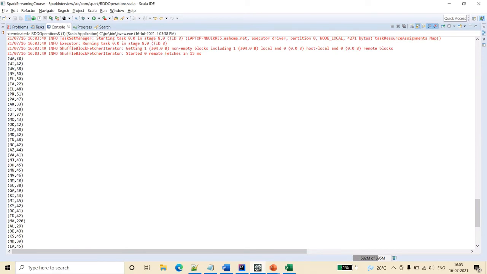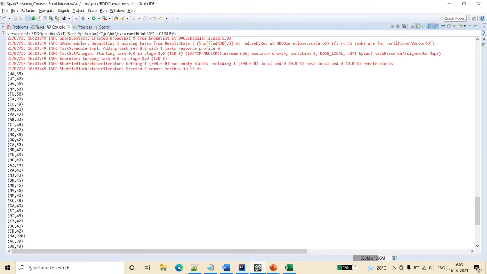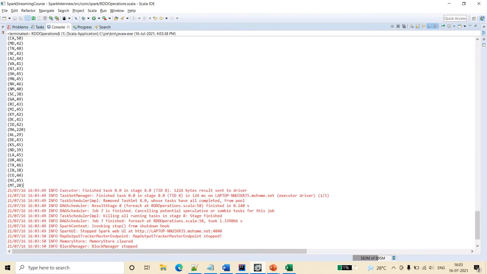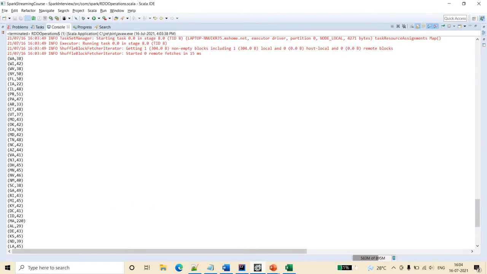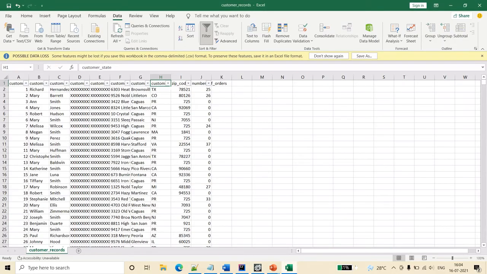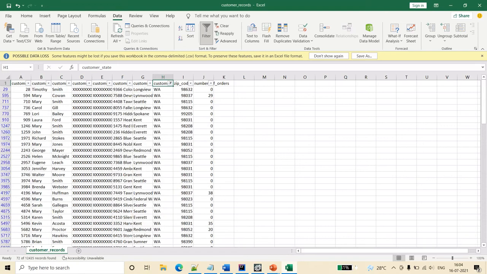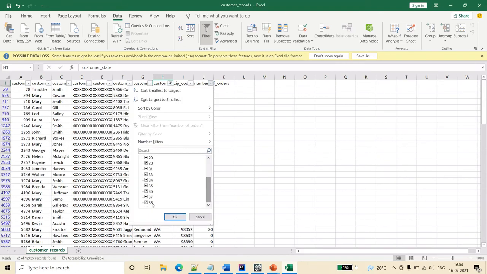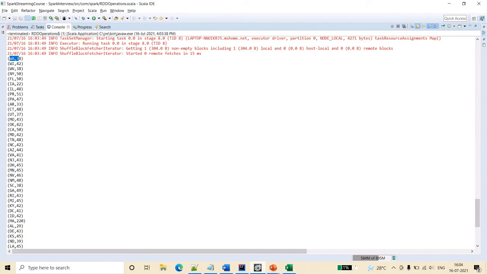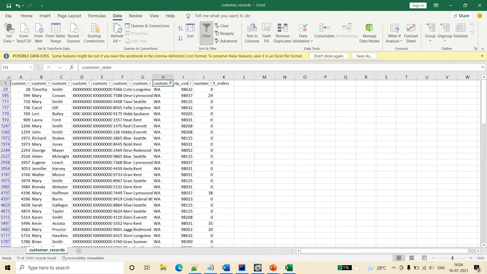So friends, you can see here, right, for each state it has taken the values and printed it. Let's verify that. For WA, what is the maximum one is 38, yeah, and for WI 42.